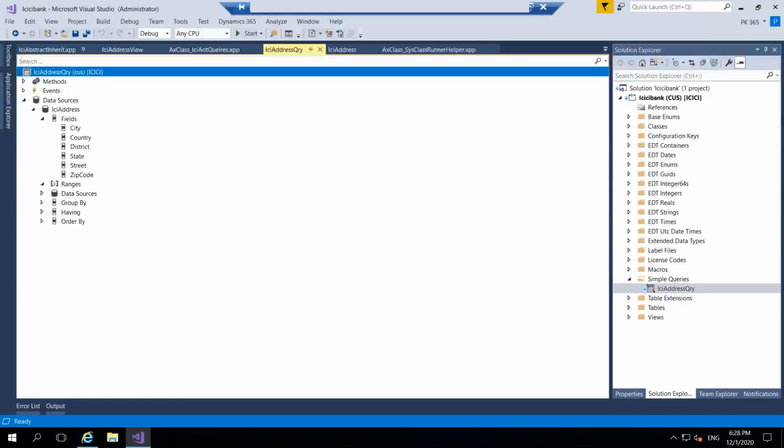Okay, so yesterday we finished the select statements and we were discussing the AOT queries. While discussing them, I told you that we will start writing the queries and I will show you how to work with the AOT queries in X++. Okay, so if you want to work with AOT queries,